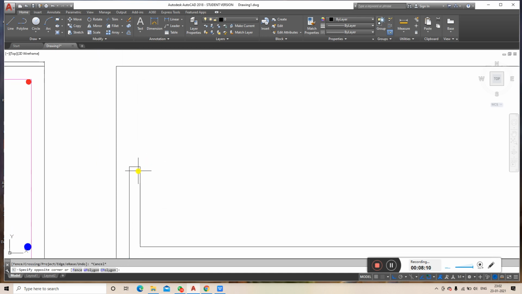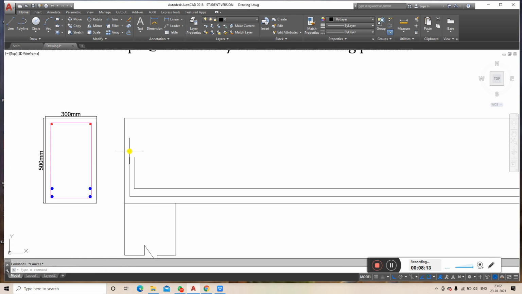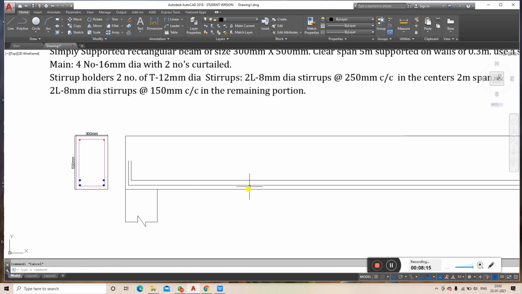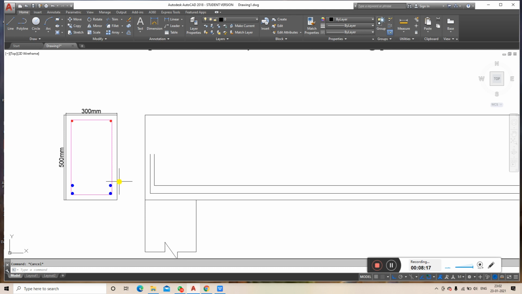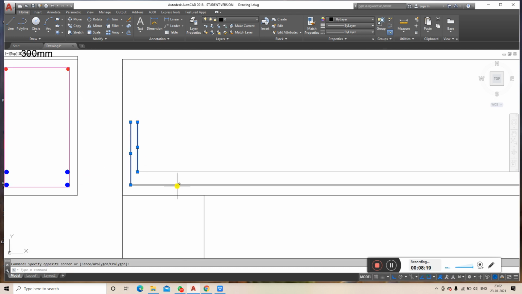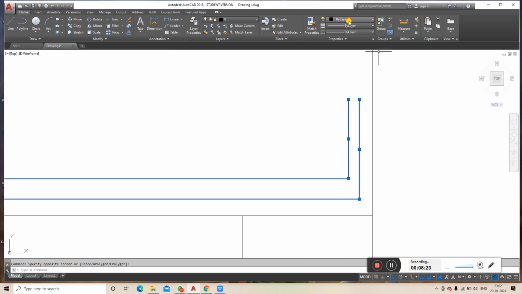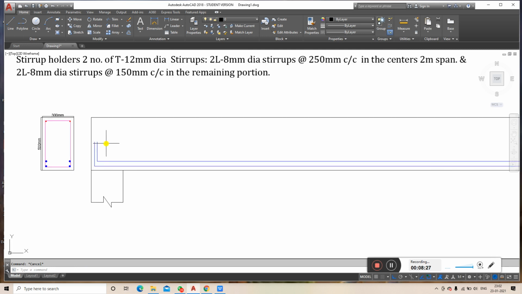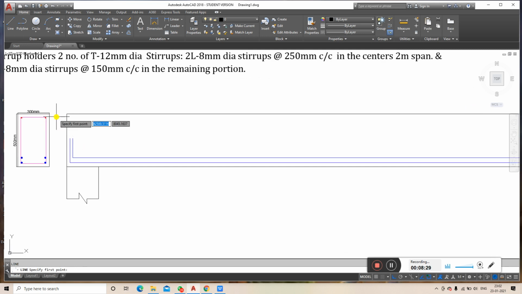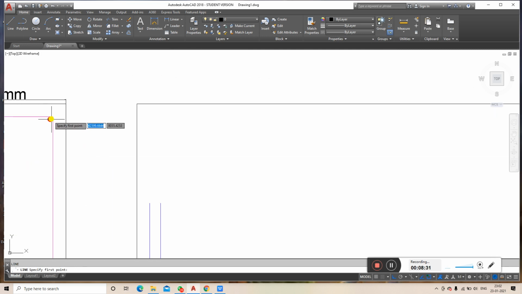Trim, line, extend, these commands will be used here. So I'm extending, or here I'm drawing these bars. I'll change the color of these bars so that you can understand. Here you can see now another top reinforcement is there.